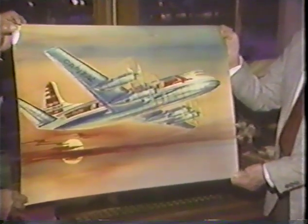airlines such as Capital. Well, plenty of capital is needed to make a record these